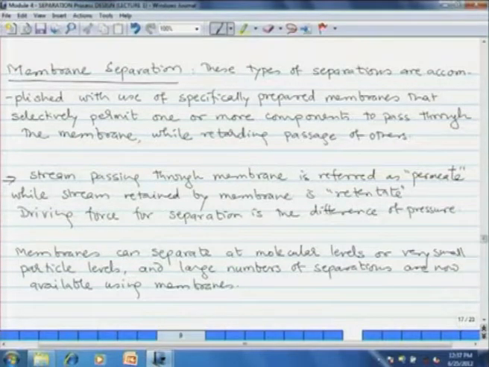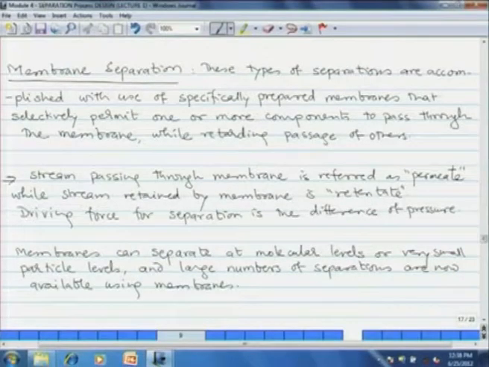Then comes the topic of membrane separation, which is one of the most popular modern day processes for separation of different reaction mixtures. As I already told you, membranes overcome a major drawback of the conventional operations of absorption and distillation in that they are much less energy intensive. They only have a barrier in the form of a membrane, and separation occurs at no high energy cost, except for pervaporation that we shall see later.